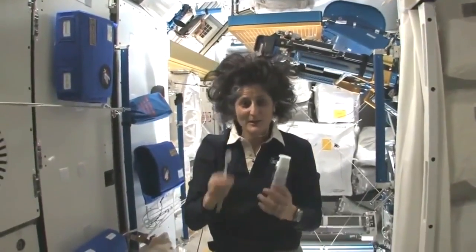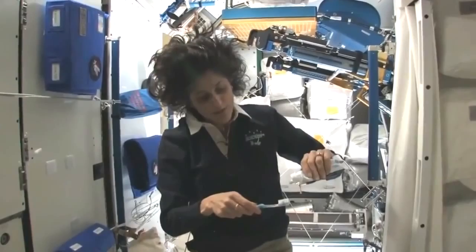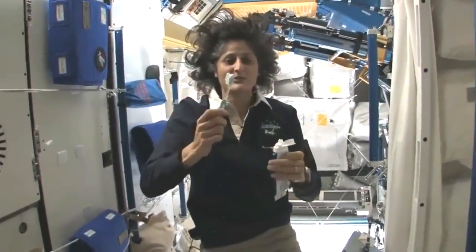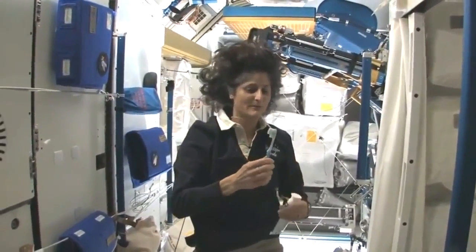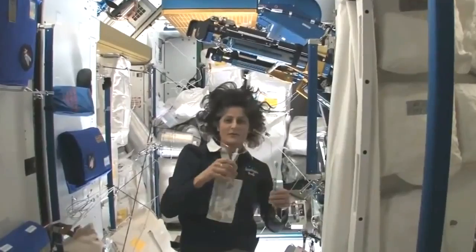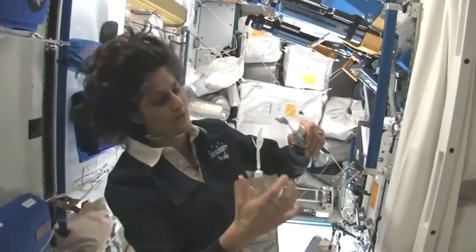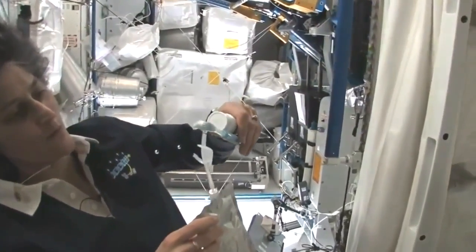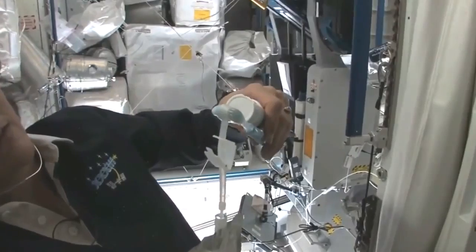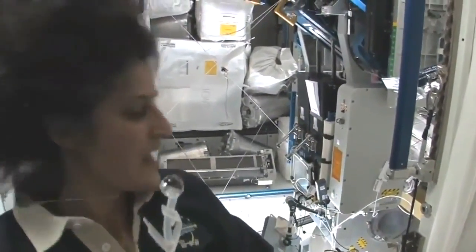A lot of people ask about toothbrush and toothpaste. Luckily, toothpaste is sticky, and so it sticks to your toothbrush. No problem. Another cool thing is that water sticks to your toothbrush too. If you can see it, I'll have some water come out. The water is pretty neat up in space. It'll stick to your toothbrush, and it will make...